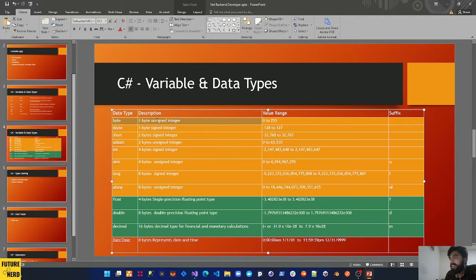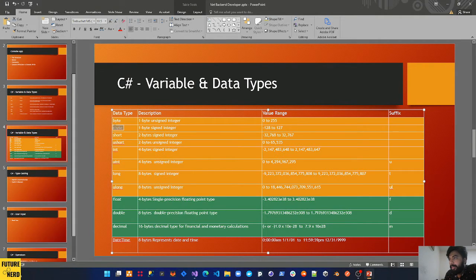Here come these data types that would be very handy for our memory optimization, because if we use integer, it would take 4 bytes in our memory, and if we use byte, it would take one byte in our memory, and you can see that its range is